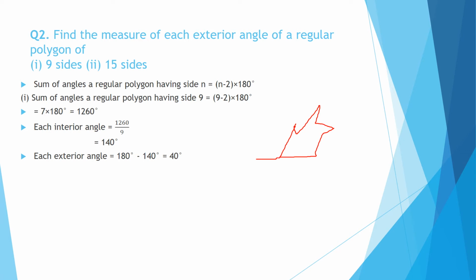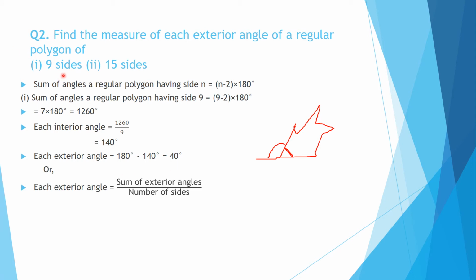interior angle, if we have found each interior angle of that particular figure, then its exterior angle will be this. One interior angle and exterior angle are both forming a linear pair, and both the angles together form 180 degrees. So अगर आपने इंटीरियर एंगल निकाल लिया है और एक्सटीरियर एंगल आपको निकालना है तो आप उन दोनों का sum 180 डिग्री लिख सकते हैं, and you can write directly 180 minus interior angle. So each exterior angle measures 40 degrees if the polygon is having 9 sides.